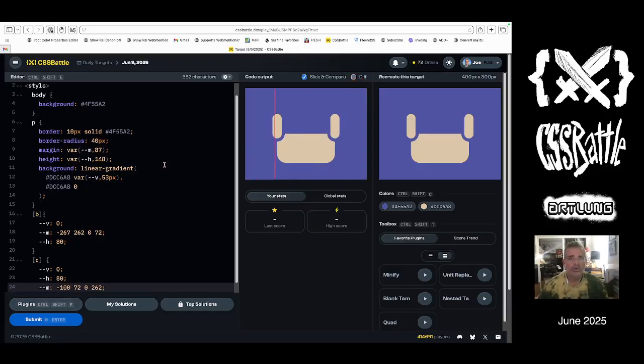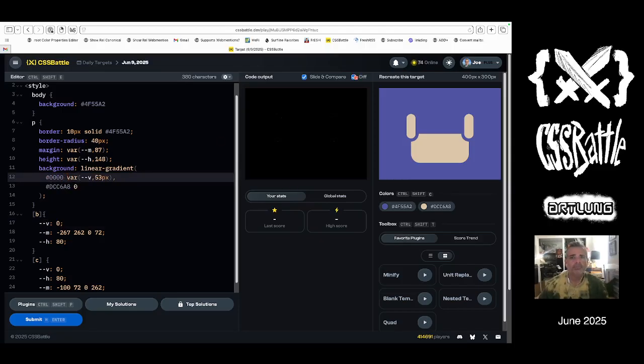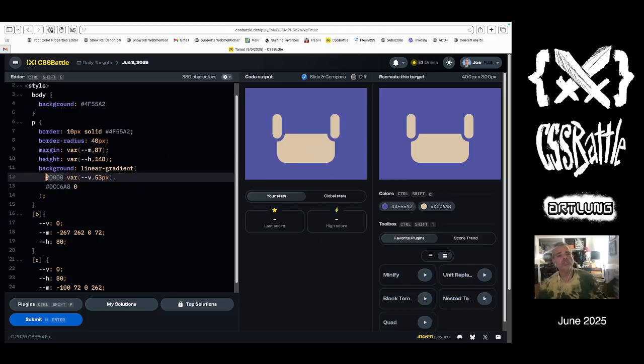Oh, and worse. Okay, so var, that default of var v or 53 pixels 0. Oh, and I guess this needs to be what, 100%? Oh, it needs to be transparent. That's what it needs. There we go. That's what I meant. So the transparent is set, and then this position where the transparent kicks in is different, and really it's just